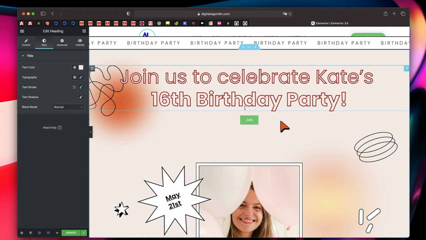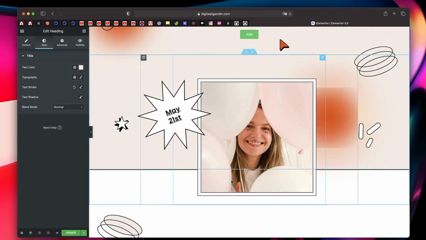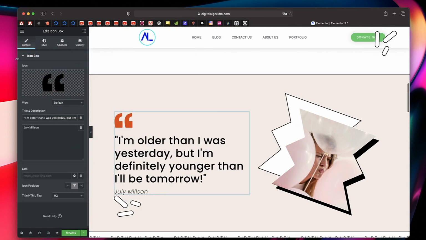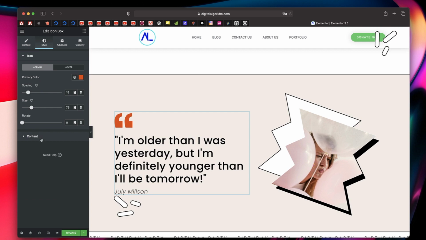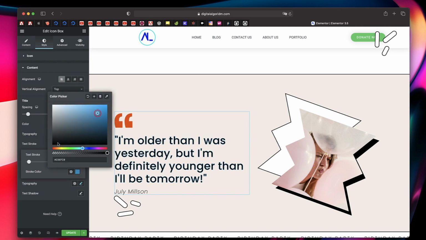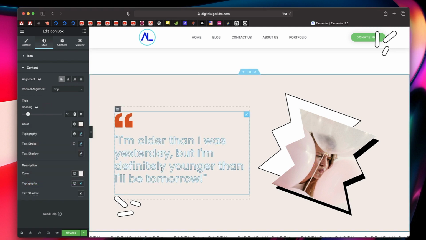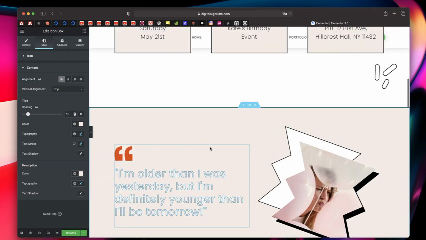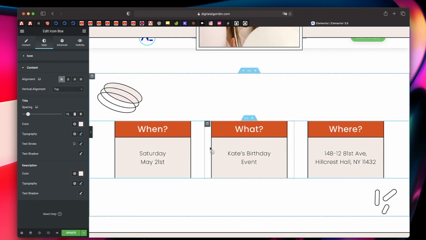And again, this is built into Elementor 3.5 for heading widget. I think for tabs widget as well, right? Even for icon box, I believe that's built into it. You can see that even the icon box widget has the text stroke property. So you can apply that. Let's apply a stroke color. So now you can see that the stroke is highlighted and it looks really good, right? It adds a bit of personality to your elements. And this is another feature in 3.5.